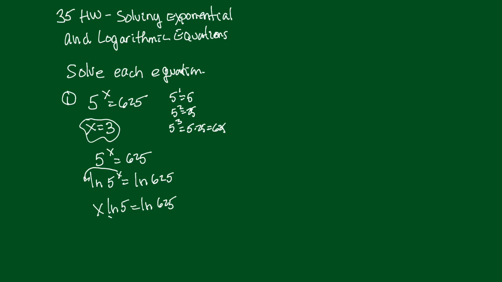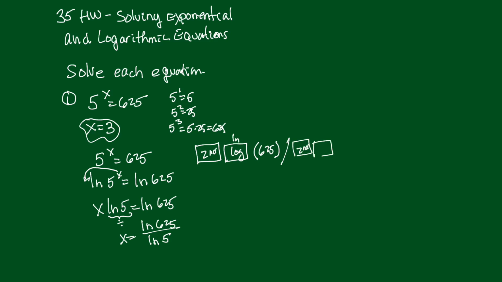Now, I'm trying to solve for x, so why don't we just divide by this? So we'll get x is equal to this quotient here, natural log of 625 divided by the natural log of 5, and just put this in your calculator all at once. So here's what I'm going to do. I'm going to press the second key, and then I'll press the log key, because right above the log key is the natural log. So you press that, then you get a set of parentheses, type in 625, close the parentheses, press divide, and then second again,